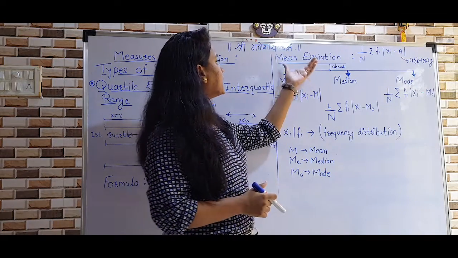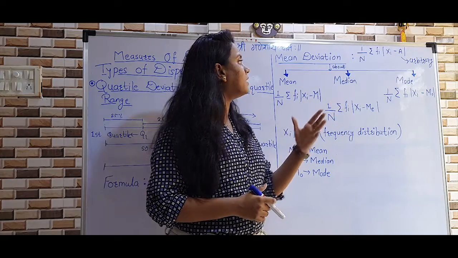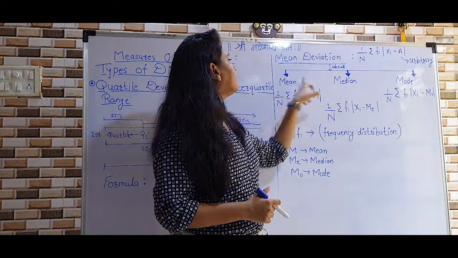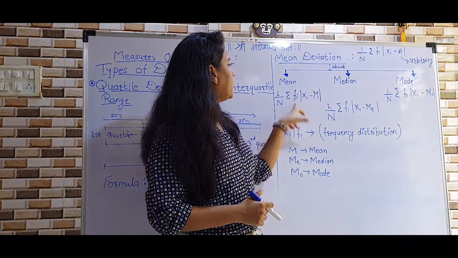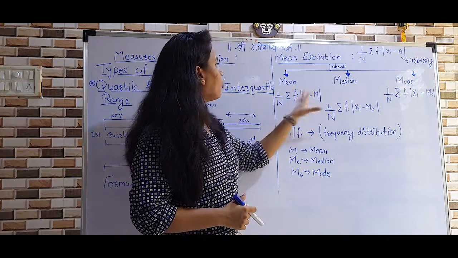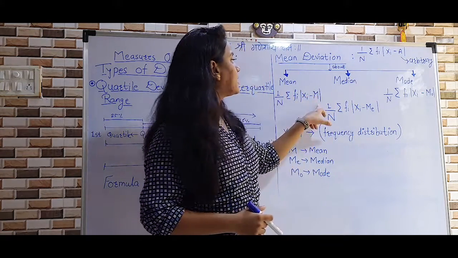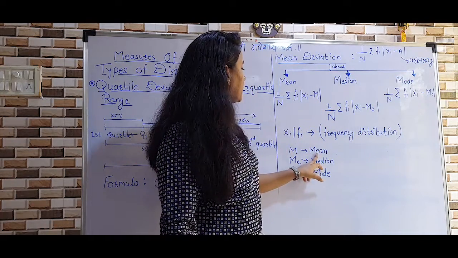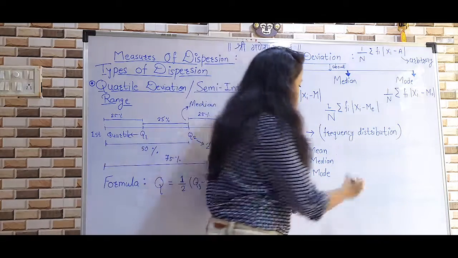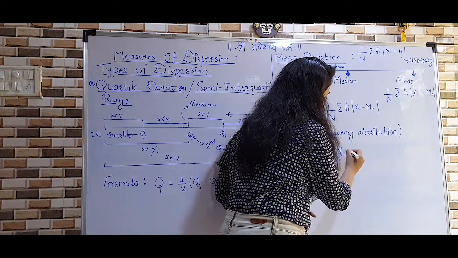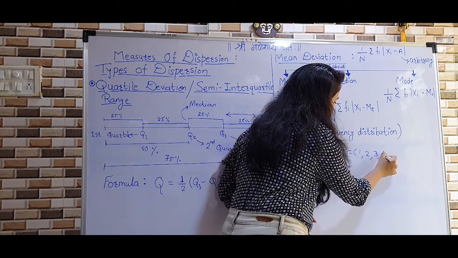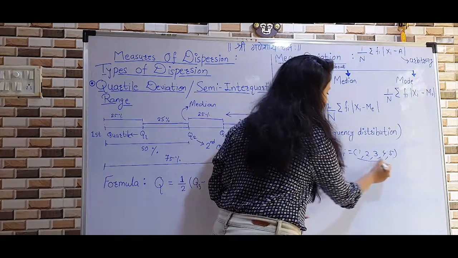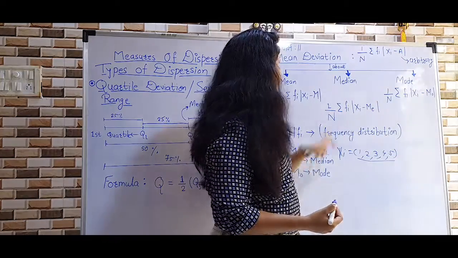Now, mean deviation is considered in 3 types. The first is mean deviation about mean. What is mean deviation about mean? Basically the formula is the same, only instead of the arbitrary number we consider M, which is nothing but our mean value. For example, if our xi values are 1, 2, 3, 4 and 5, then what will be our mean? The mean will be the average of these 5 numbers. That will be our M.